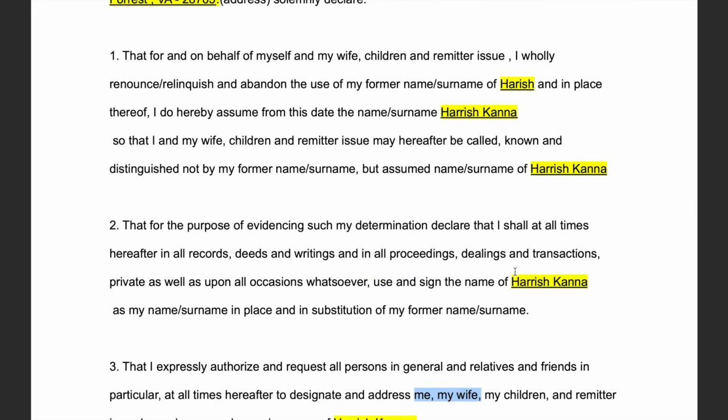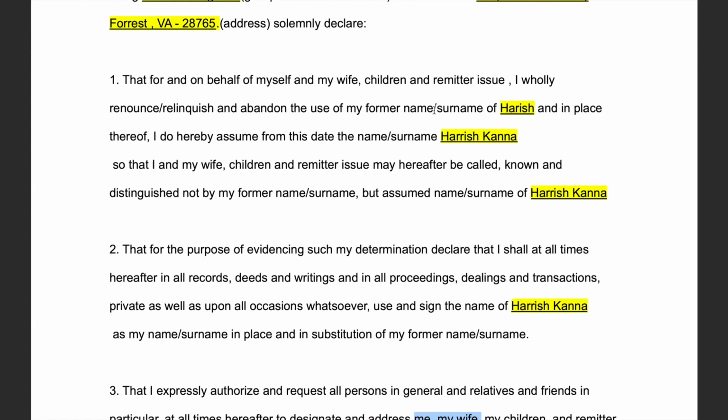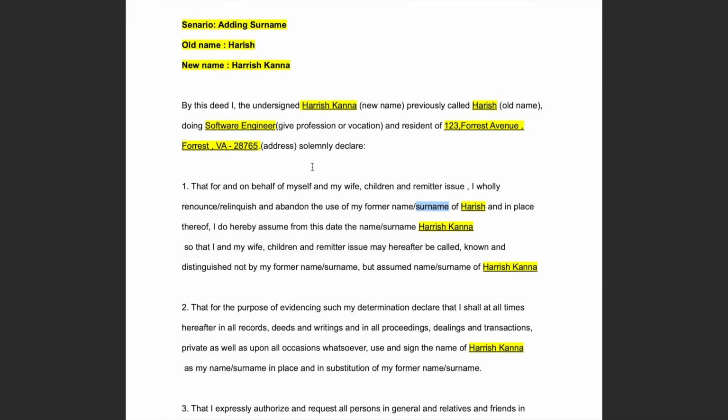Some notaries require seeing the minors while notarizing the document, so it's better to take the minor child also while notarizing this document. And for example, if you are not changing your surname and are only changing your name, then you can strike out the surname part and only mention the first name part. And if you are filling this form for a spelling mistake or correction in your name, then please mention the old name with the wrong spelling and the new name with the correct spelling. If you are submitting this form for a spelling mistake or spelling change, then you don't have to advertise your name in a newspaper and submit that newspaper as a document.